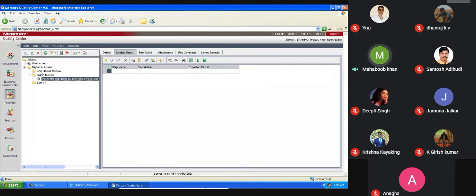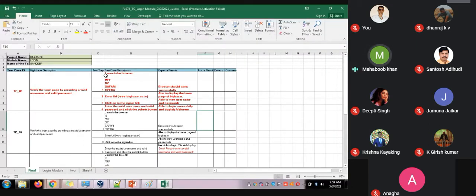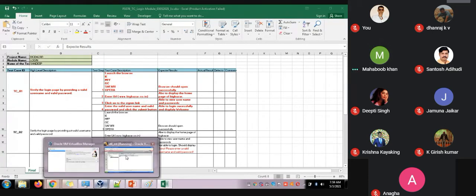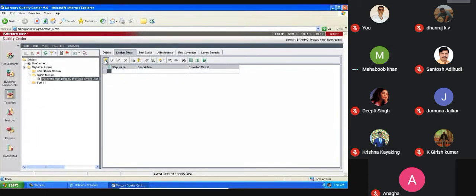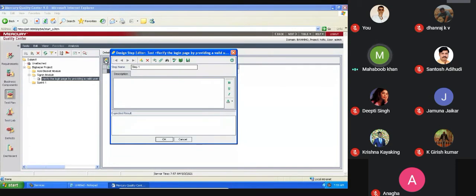So when you see here, the same names will be there. What is the test step? Test description, expected. These three are there, right? That's what we need to write down. After this, there is one plus new step. Click here. Once you click, write down here: Launch the browser. Launch the browser such as Internet Explorer,